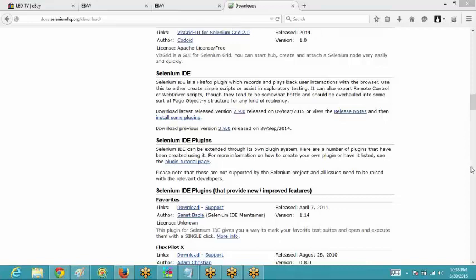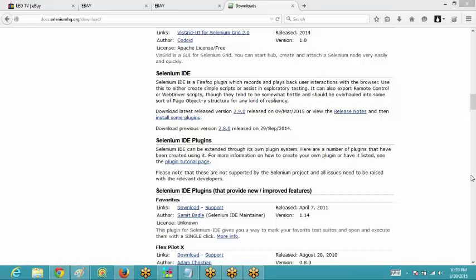Okay, so did you all get the steps? See, these are very detailed steps that I have given you. You need to first open the Selenium HQ website, and over there is a tab present named download. In that download tab, you need to go over here to Selenium IDE. Then you need to click on the latest version which is present, that is 2.9.0. Click onto that version. It may ask you to grant the access.